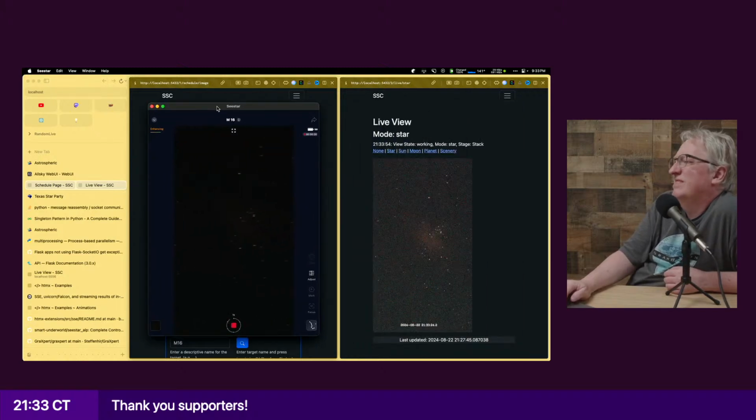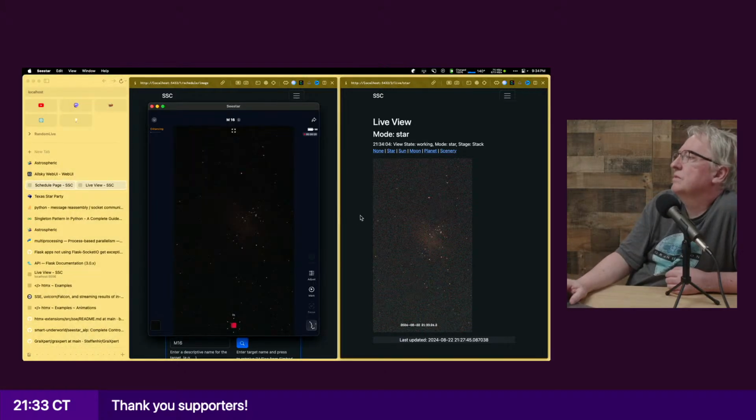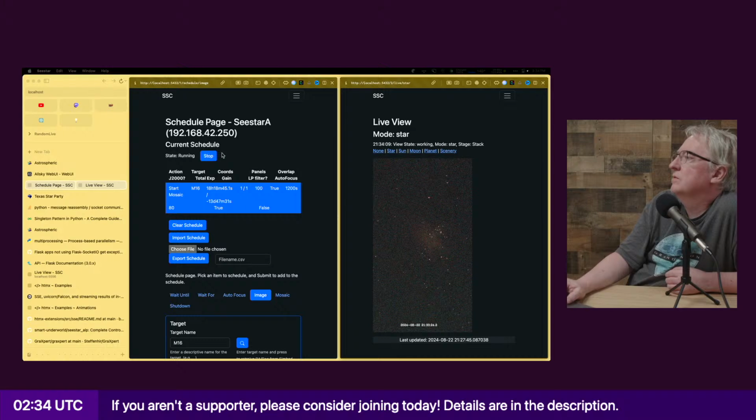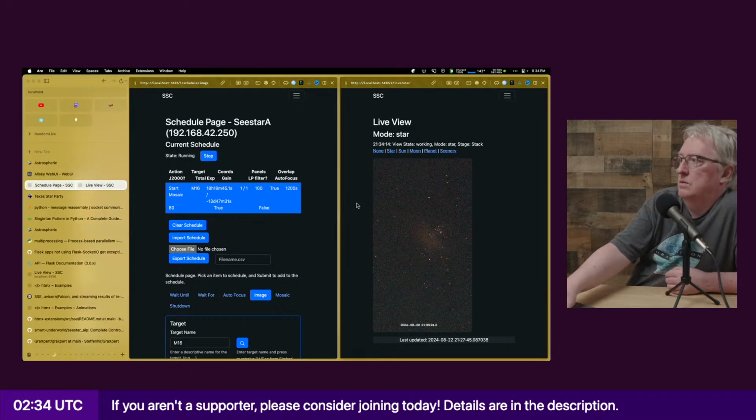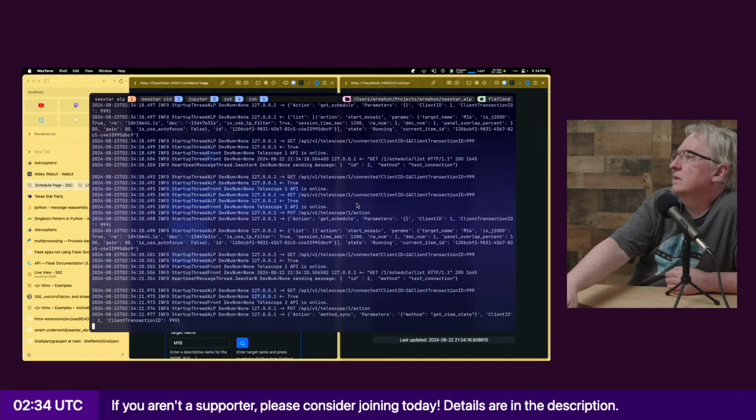Okay, so it claims, okay, stacking failed. So let me move this off frame, and let me try reloading this, and hopefully it'll actually load correctly.